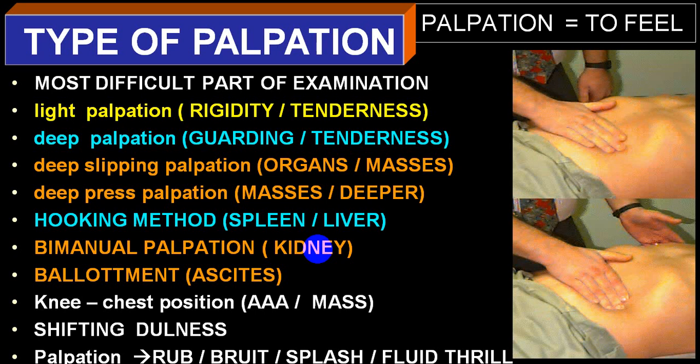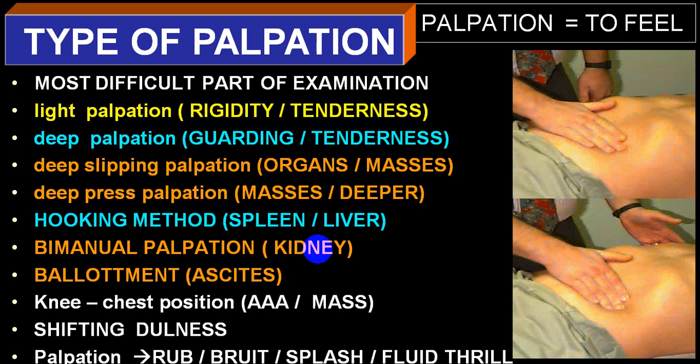If there is a good quantity of free fluid in the abdomen, while palpating for liver and spleen, the fluid will interfere with palpation of the spleen and liver. In that particular condition, you first sift the fluid and then try to palpate. This is called the ballottement method. We'll be explaining it further.